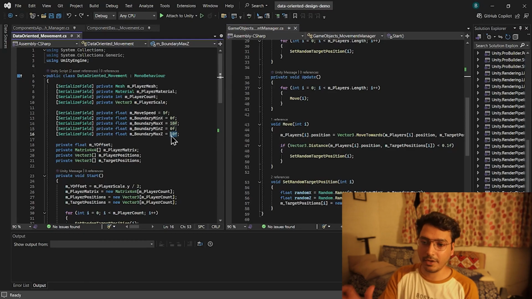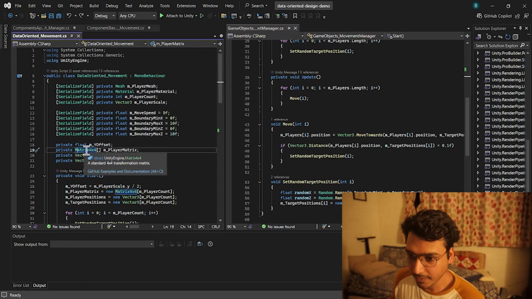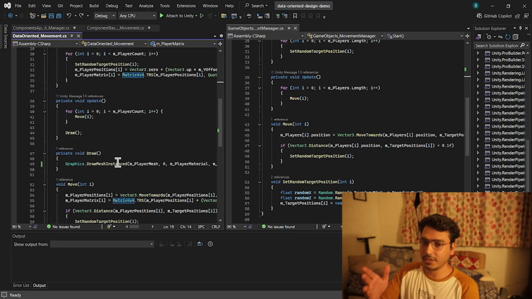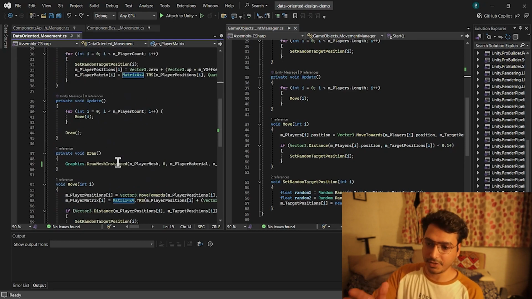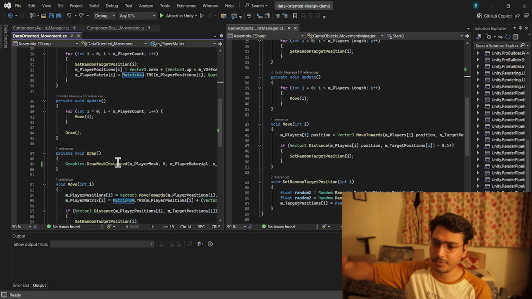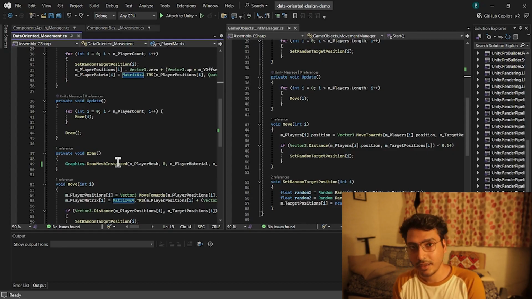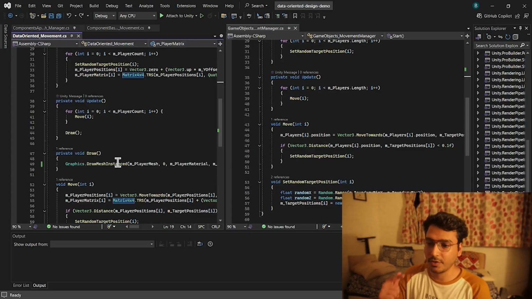Even this Matrix4x4 is actually a structure, so that's also efficient. Whenever you're iterating over value types, that's more cache friendly, so there are fewer cache misses, more cache hits, and the CPU time is faster here, because the CPU does not